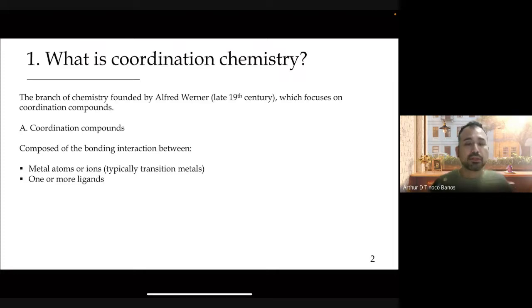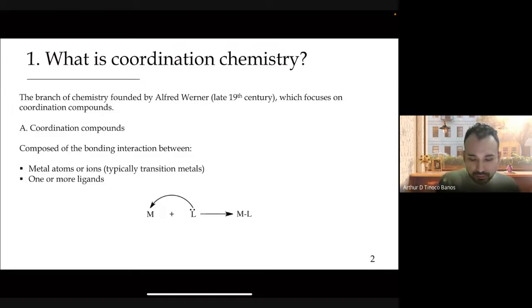Typically, we're talking about something that's going to be positively charged. And so, in the field of coordination chemistry, we're looking typically at transition metals, and we're seeing the interaction between these transition metals and one or more things that are called ligands. Now, in terms of the very basic chemistry that we're focusing on, we're looking at this type of bonding interaction